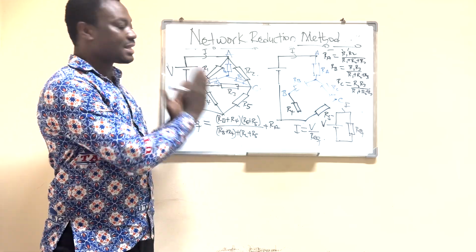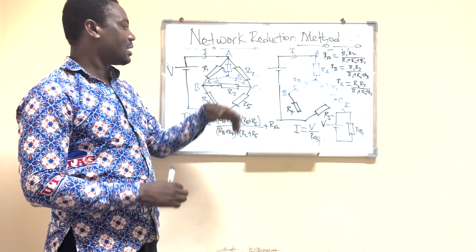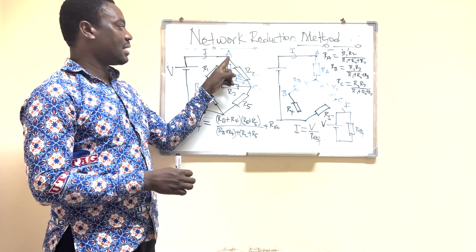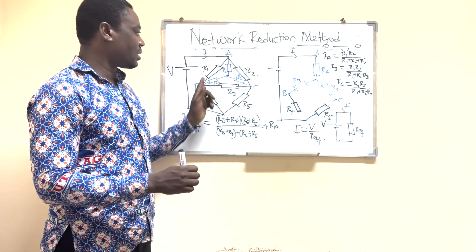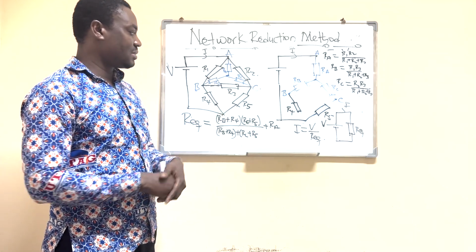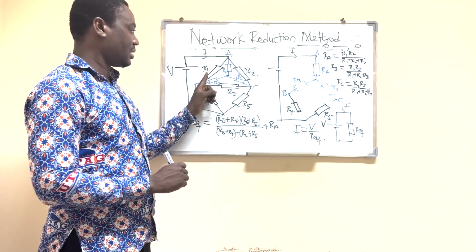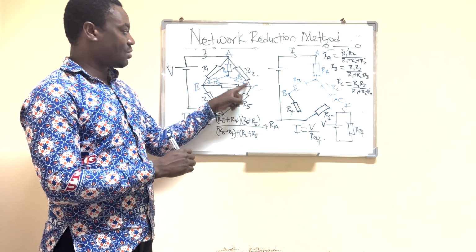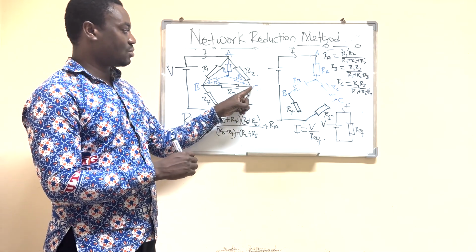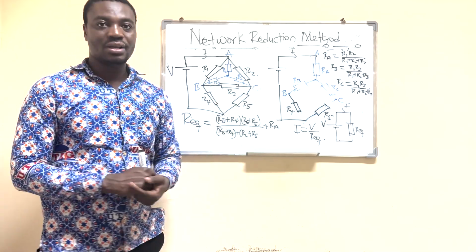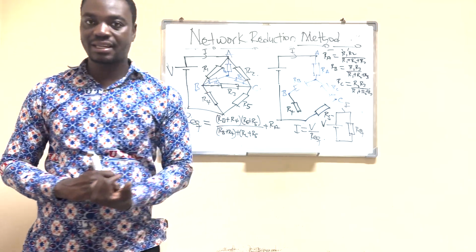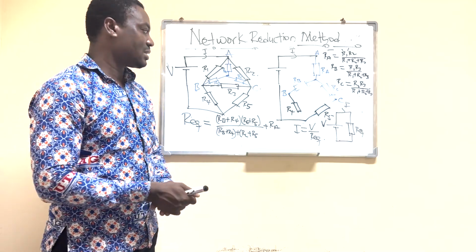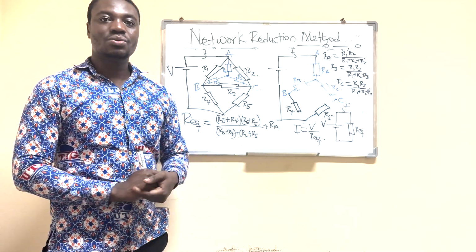If you focus, you can see that R1 and R2 are not really in series, because if the current comes here, it gets divided. And then you look at R1 and R3, the same thing. They are not connected in parallel. Why? Because if I have R1 connected here, they are not connected to each other. You have them going towards R2 and then to R1. So clearly, if you look at this circuit diagram, you cannot see what is series and parallel connection. So what we tend to do is that this is when we use network